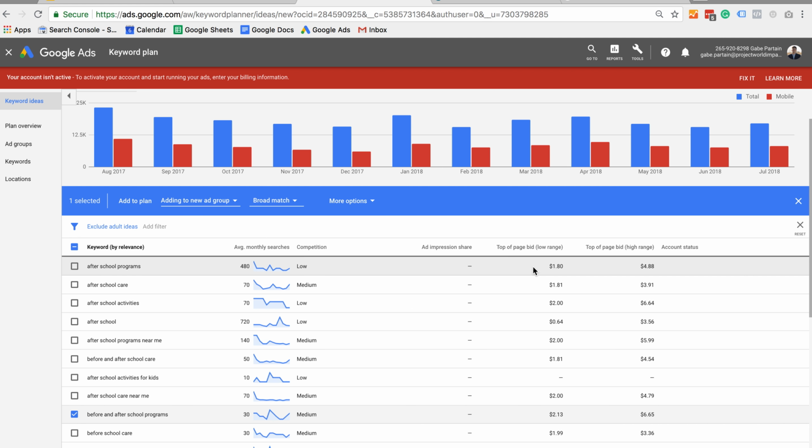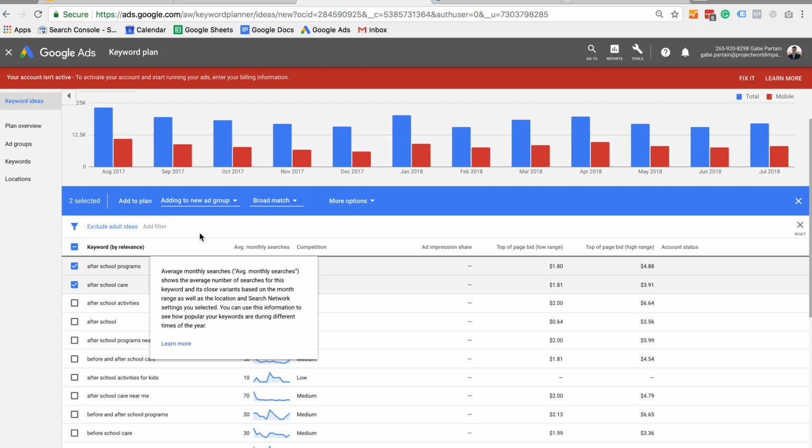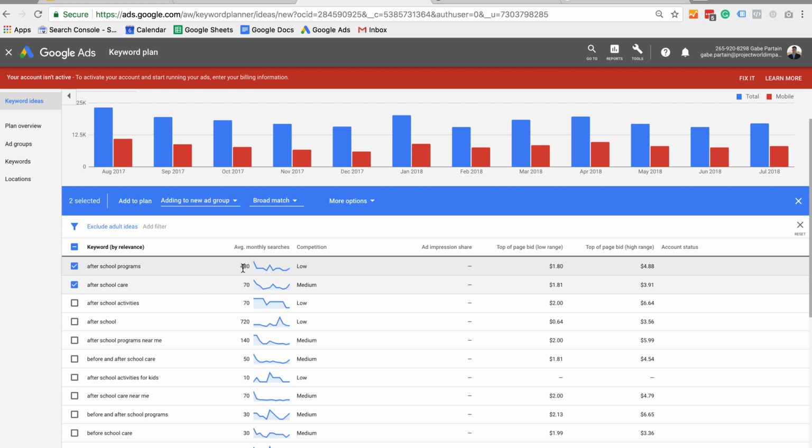On the lower end, here, this is a good one. After school programs. What we typed in, after school care, would be 2 keywords that you could possibly rank for because it's under $2. And then you can go back and say, okay, how many people can I expect on average